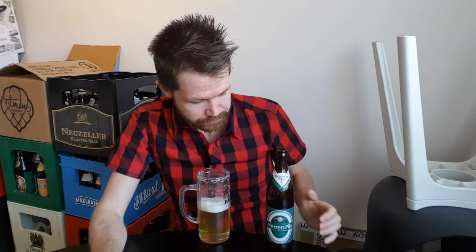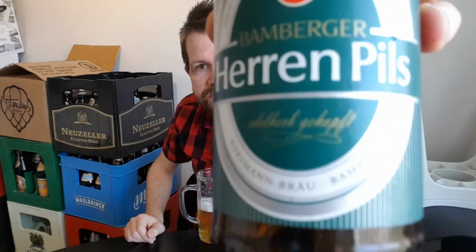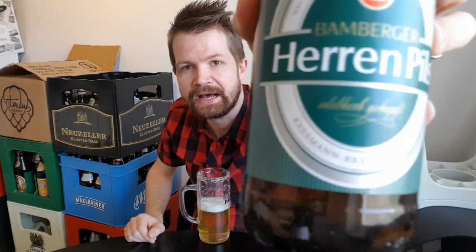Fantastic, of course. Really, really nice. Strong hops taste, which is so pleasant. As I said, this is what you want from a Pils, and I understand why the label is mentioning Edelherb gehopft, and that's just something that is so promising. It's something that you can see right here. Edelherb gehopft